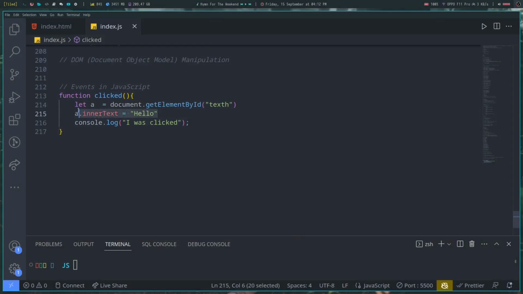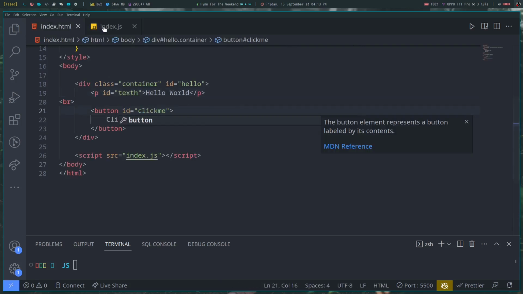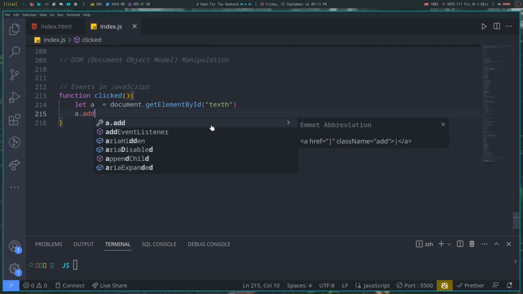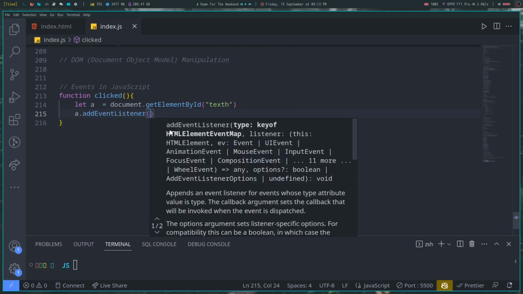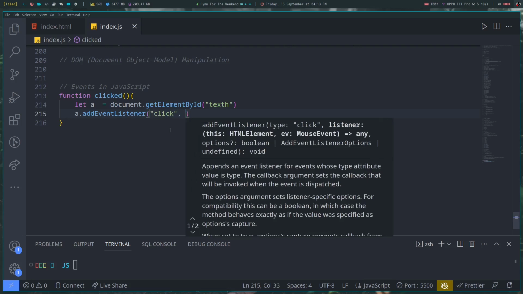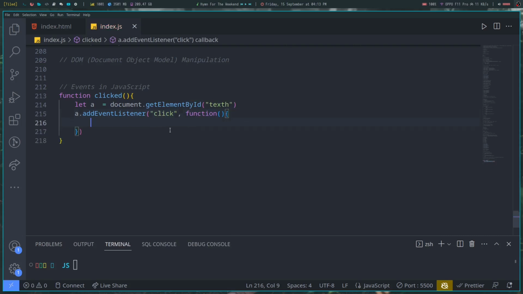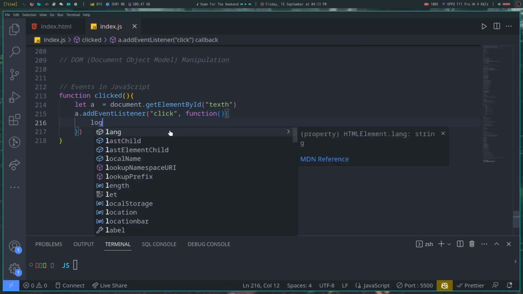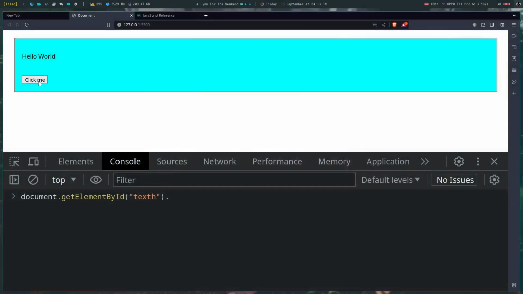And what we could also do is, instead of directly defining in the HTML, a dot addEventListener, and in addEventListener, first of all we add click, then we write function that would be console log I was clicked. We can do similar stuff here. Yeah. Now again, if I click it, then in our console,